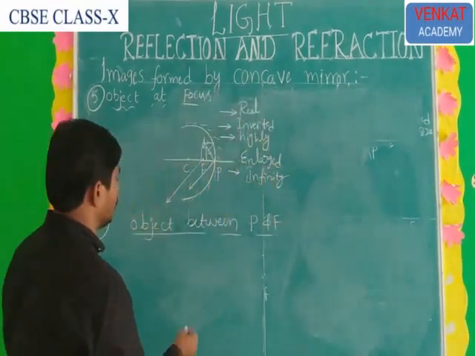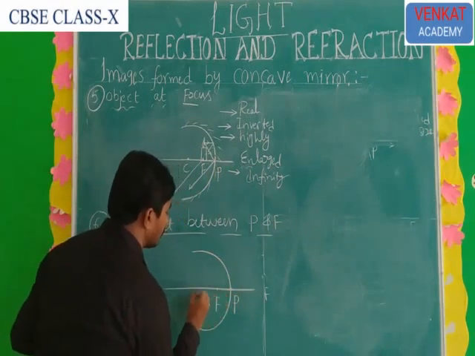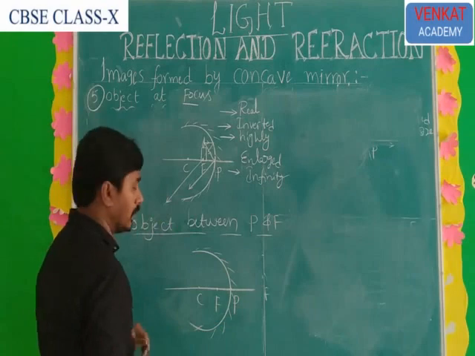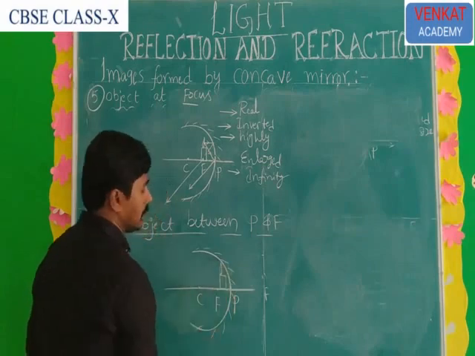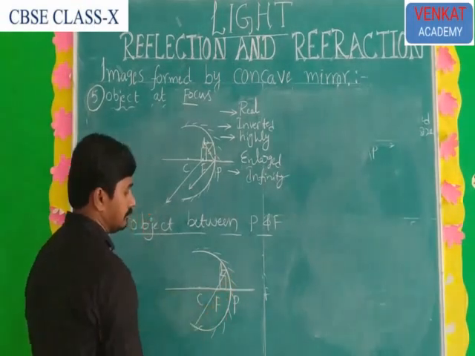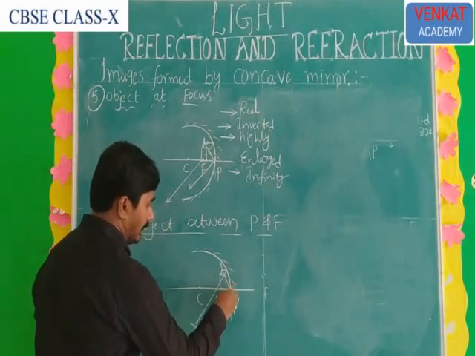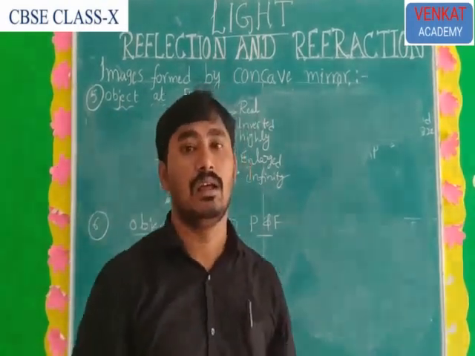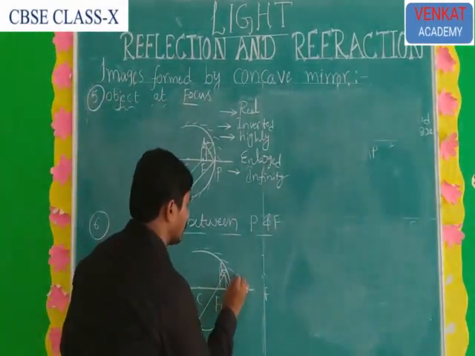Yes. So first take a concave mirror, with pole, focus, and center of curvature. This is the silver coating. Okay, so the object is between P and F. First take a light ray parallel to the axis. After reflection, it passes through the focus. And take one more light ray through the pole at an angle. The same angle will be reflected. We must ensure these two reflected rays do not meet. Thus we have to draw the corresponding rays, which means you have to extend the reflected rays to that side.